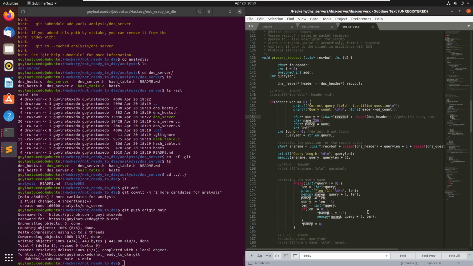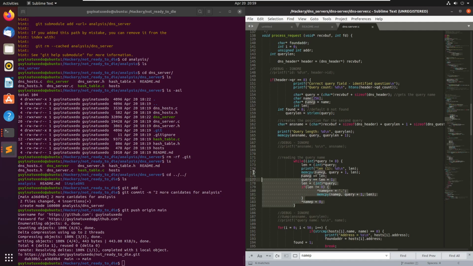What I'm thinking this function does is it reads the domain name one octet at a time. That's why when it dereferences query, it is effectively